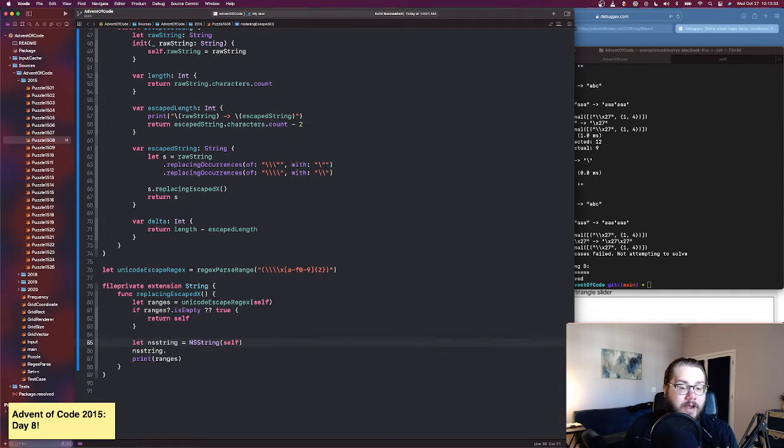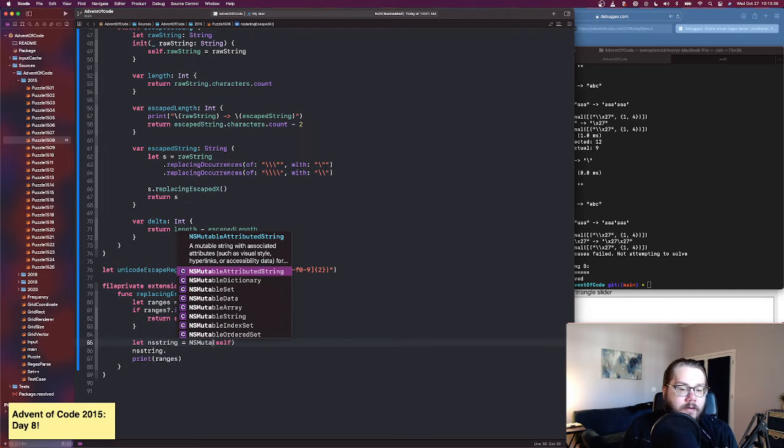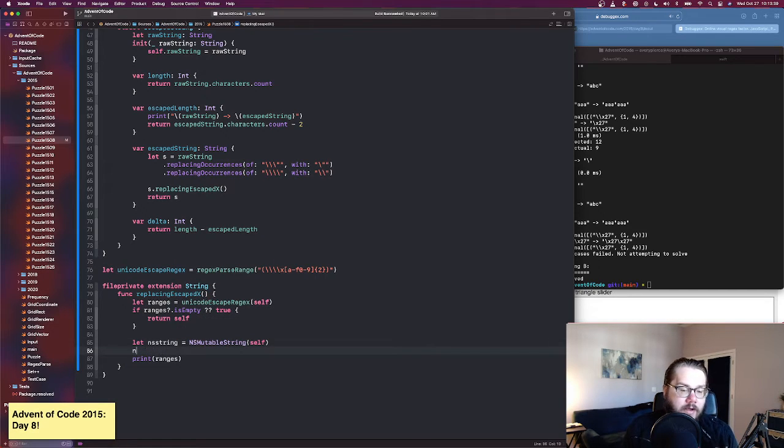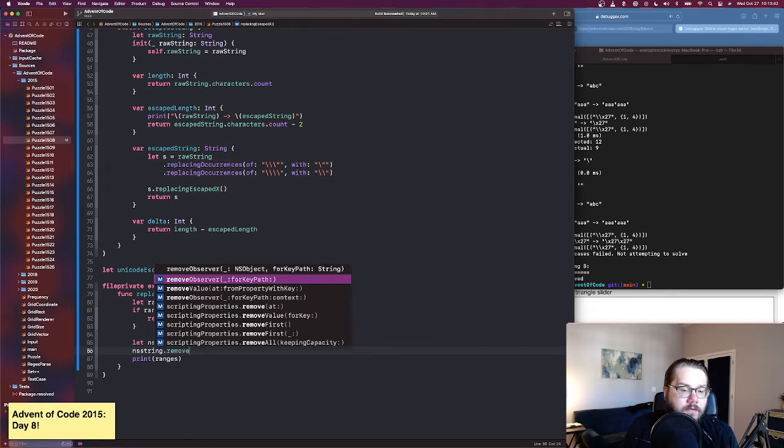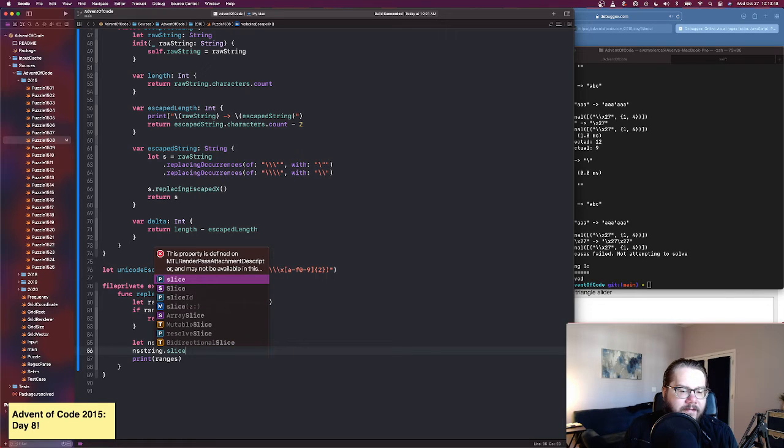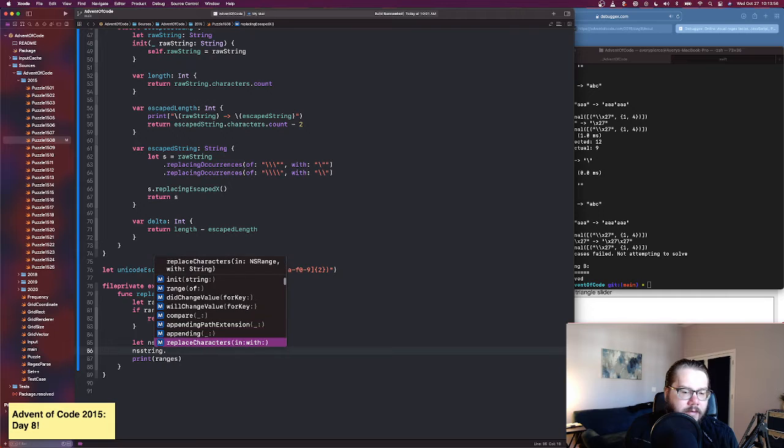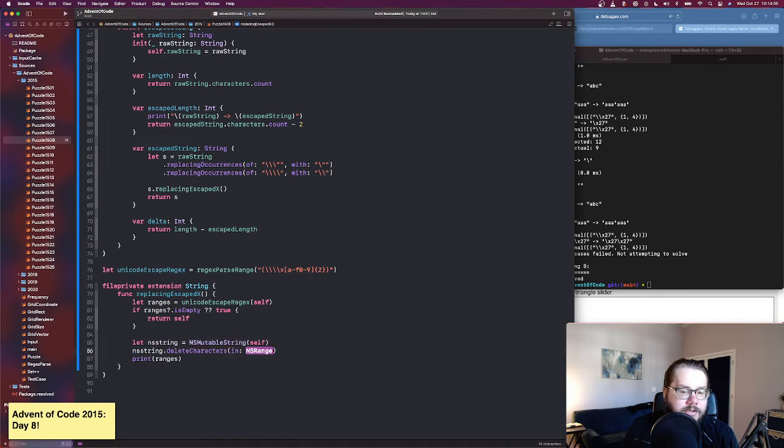Maybe it needs to be an NSMutableString. I bet that's what it is. NSMutableString. Okay, NSString.remove, no, .slice, no, delete characters in range. Okay, yeah, I guess that's what I want to do. Delete characters in, oh,